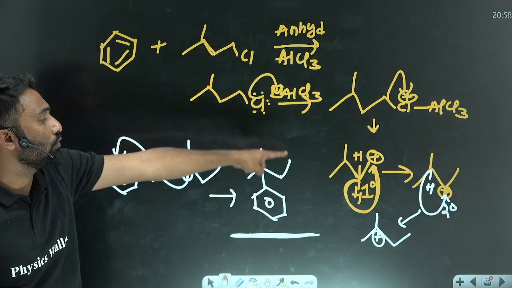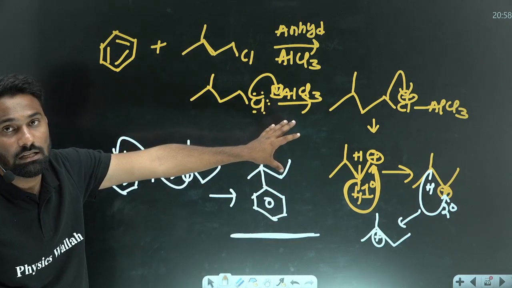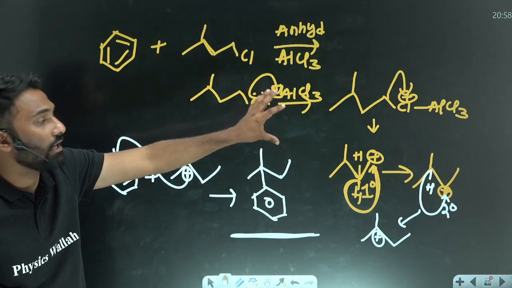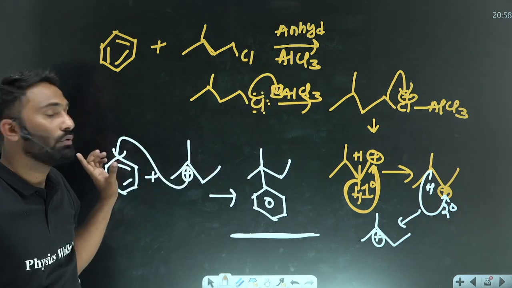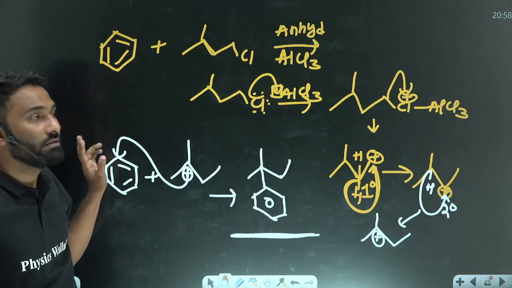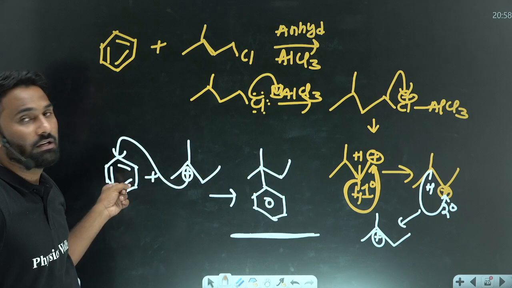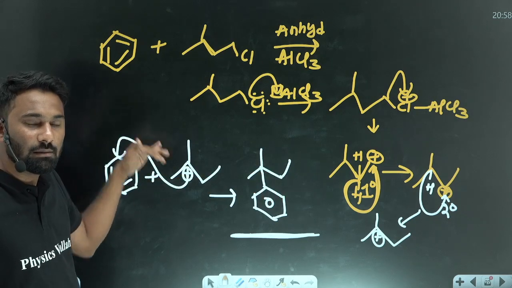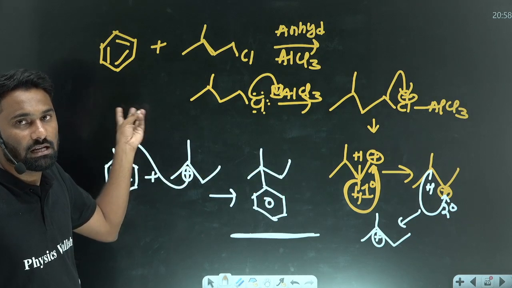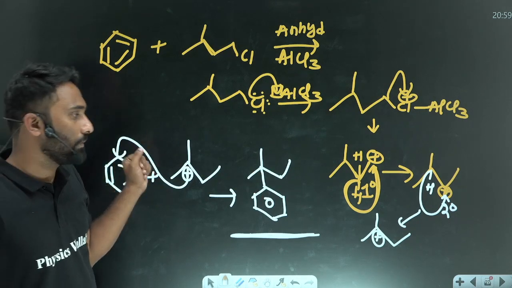you have to see the carbocation stability order, and by seeing the carbocation stability order you have to attack on the benzene. Same process: electrophile generated, and the sigma complex I have attacked directly. See clearly, again and again I am not following the steps. We have seen first, second, third steps, so directly I was attacking here. Okay, next.